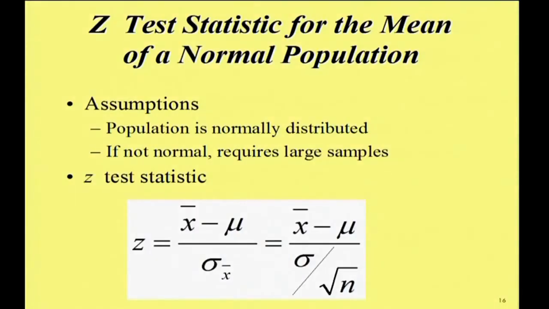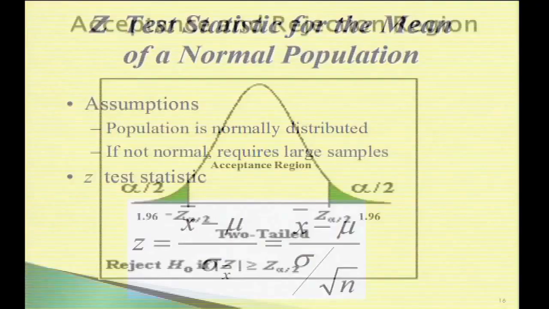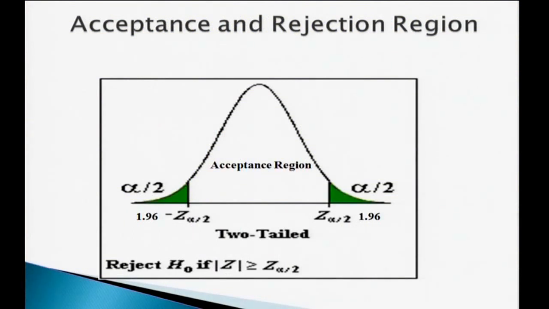So, the test statistic for the mean of a normal distribution we have discussed already. The test statistic would be Z cal, or Z would be x bar minus mu by the standard error of x bar. The standard error of x bar is sigma by root n when it is an infinite population. So, we will be comparing that Z cal with the critical values. We will consider that in this region we do not reject H naught, or we can say it is an acceptance region, on the left side as well as the right side.